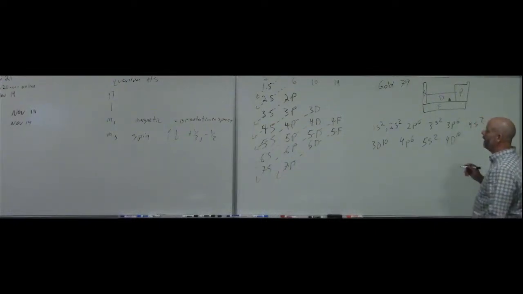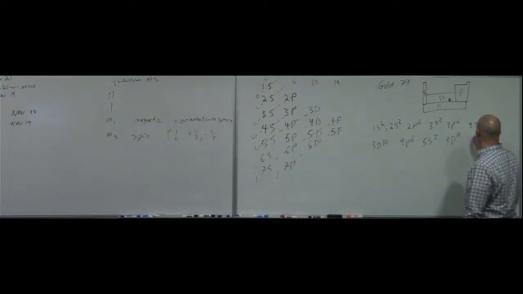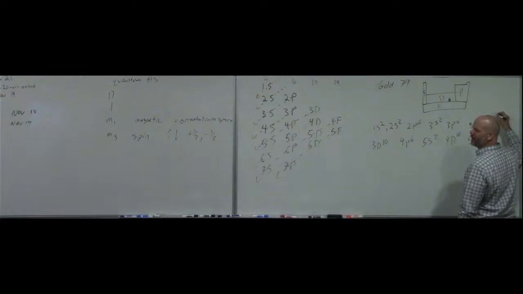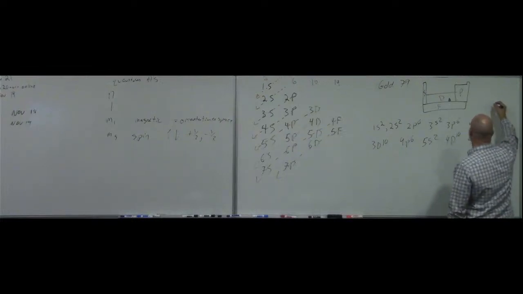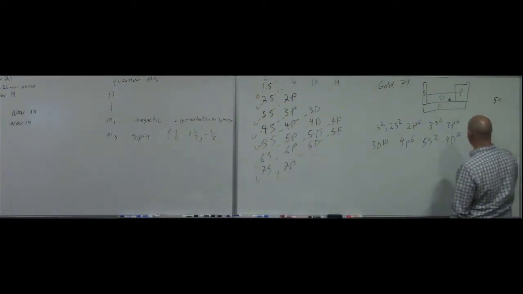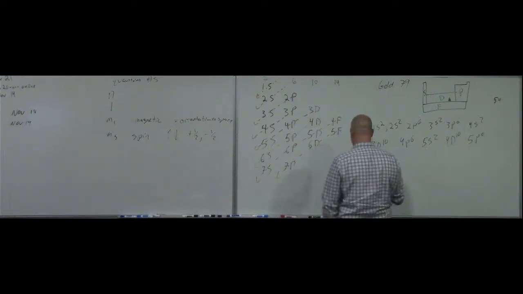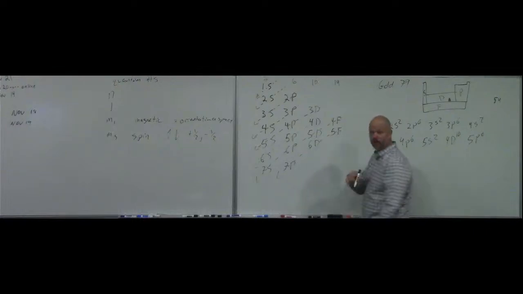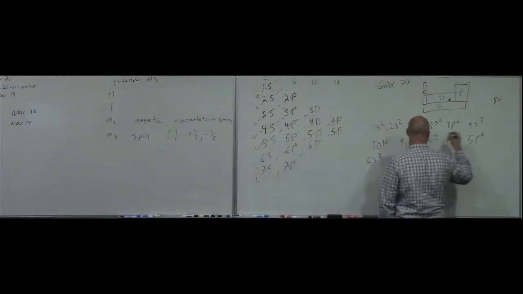5p6. What did I say we were at? 48. We were at 48. Okay, so now we're at 54. Okay, 5p6, what's next? 6s2. Okay, that puts us at